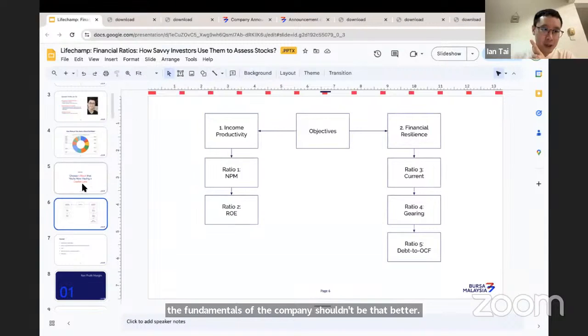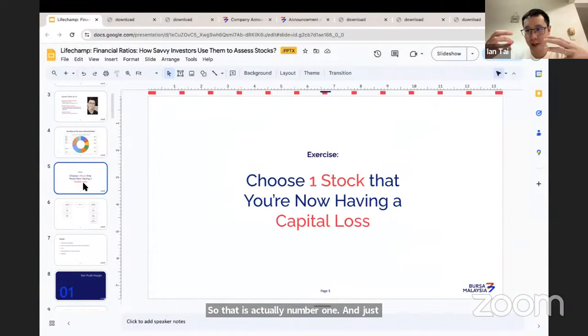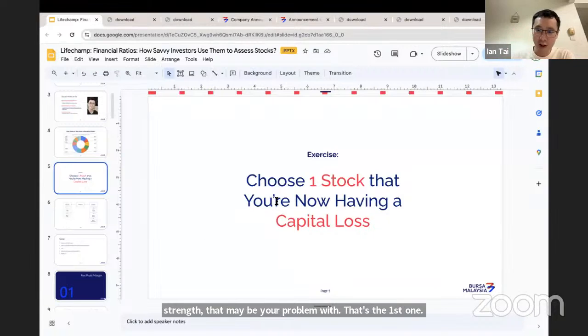And just now, if you're doing the exercise, you happen to choose a company whereby you are actually going through capital losses. And if let's say the company that you choose is memang very good in terms of income production, in terms of balance sheet strength, then maybe your problem is valuation. That's the first one. Number two is that if you happen to choose a stock and then you find yourself